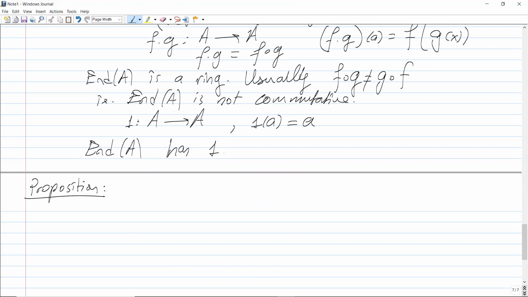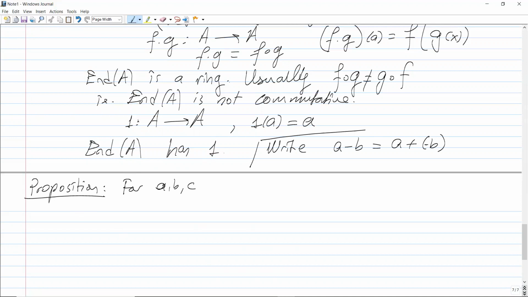Before this proposition, let me write a convention. Let's write A minus B for A plus the additive inverse of B. So the proposition says: